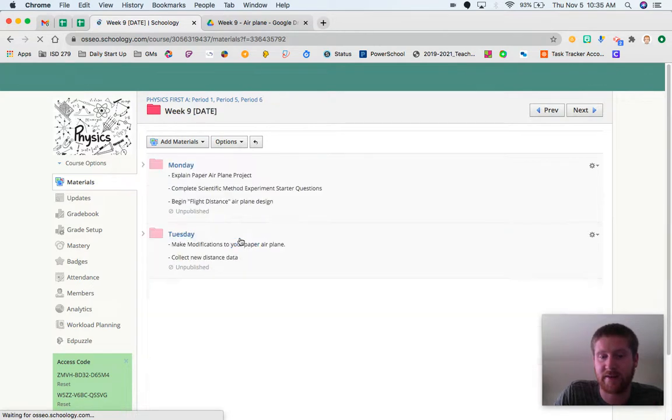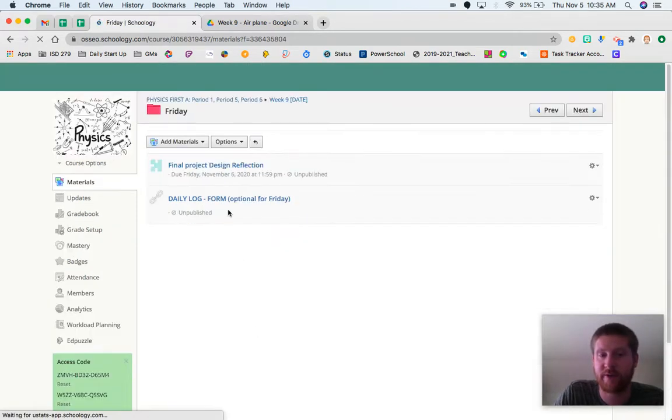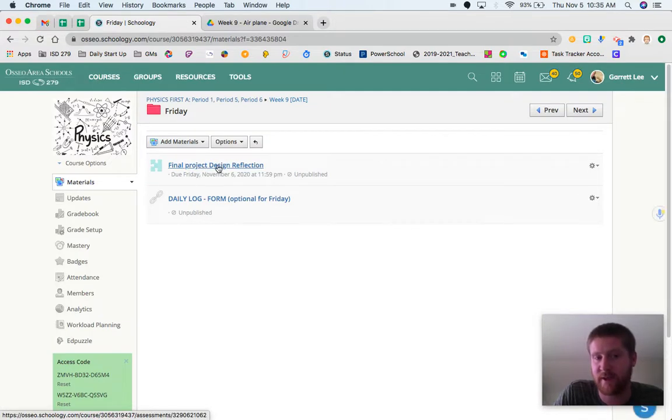And then by the end of the day on Thursday, all of your hang time data and plane should be created and finished. Allowing then on Friday, you're going to do an airplane reflection half summative. You're going to submit pictures of your best distance and your best hang time, and then do a couple question answers. This is optional because some of you